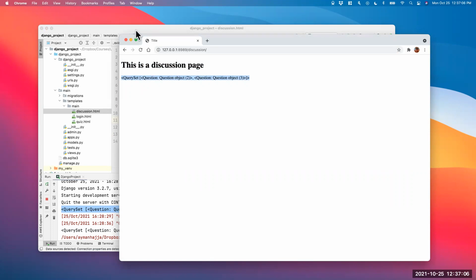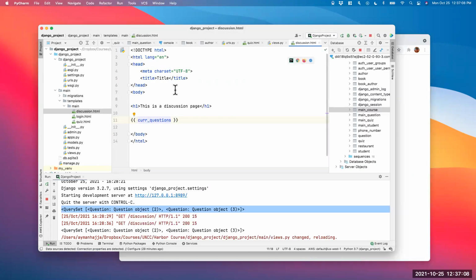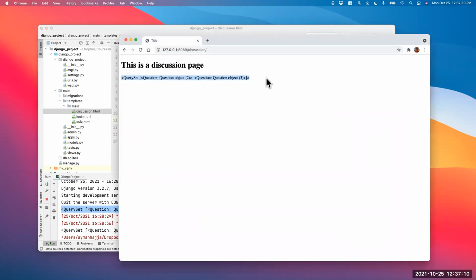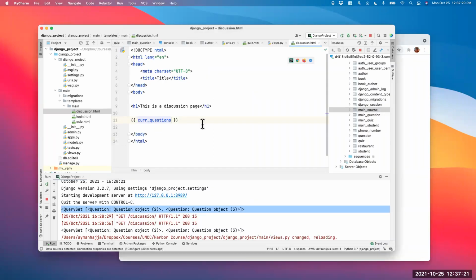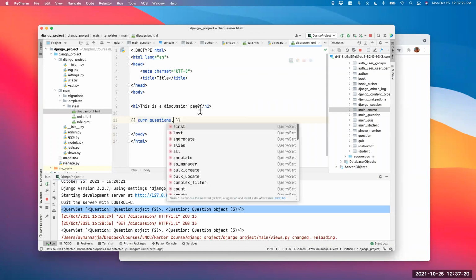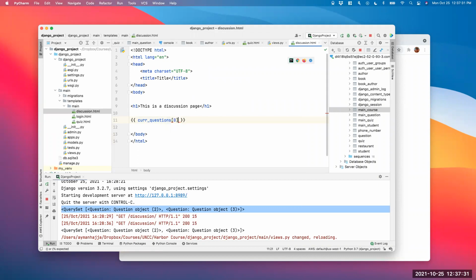So what I want to show you is how to access, because this is a query set, you can think of it as a list really. You can access the first element using indexing, and indexing here in the template rendering section of Django happens by using the dot notation. So you can't do this. That's not allowed in